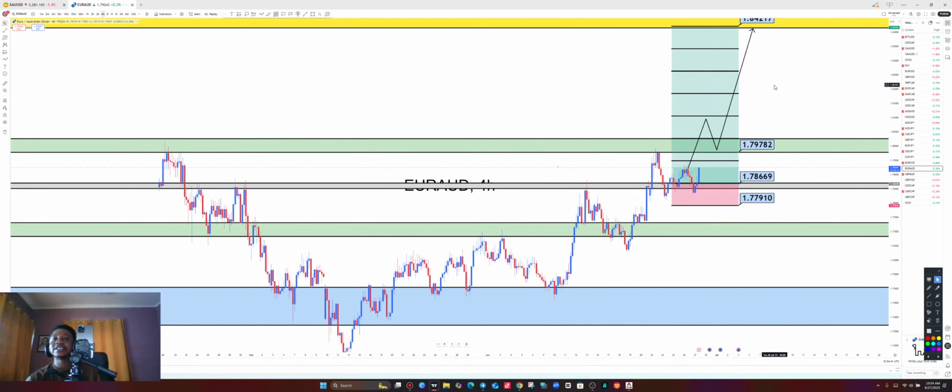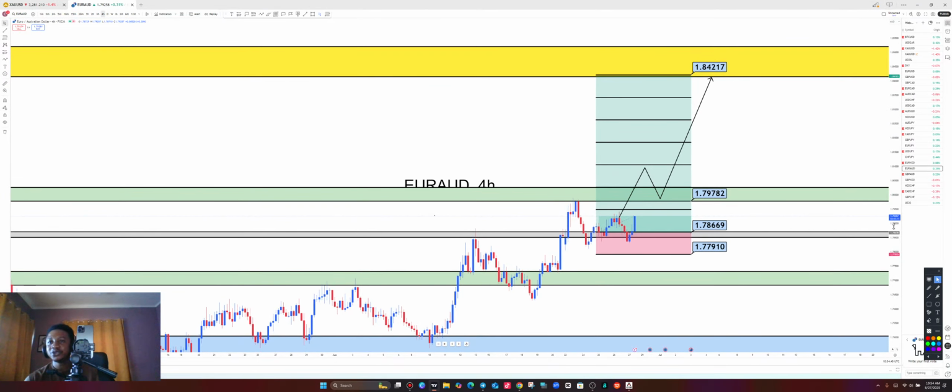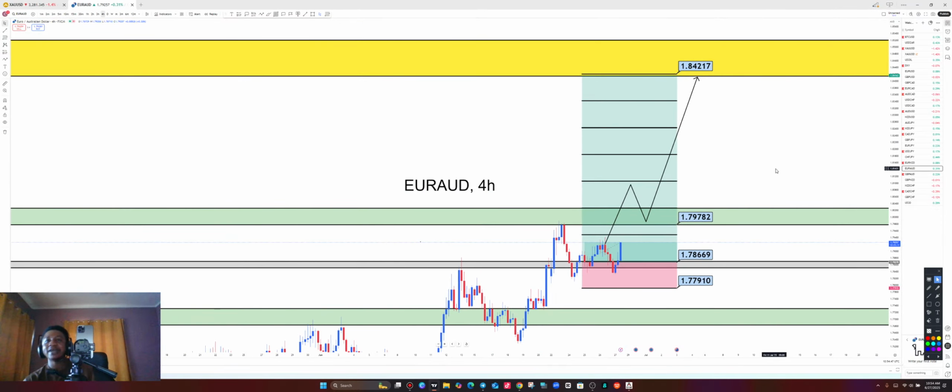All right, so this is the 4-hour time frame of Euro AUD, and this is how we are going to pick our buy to the upside. Already, we are in a buy, but let's add more buying opportunities in this same direction. So on the 4-hour time frame for Euro AUD, we have the 4-hour mid-range over here. Price is in an uptrend on the 4-hour time frame. We've seen higher high, we've seen higher low.